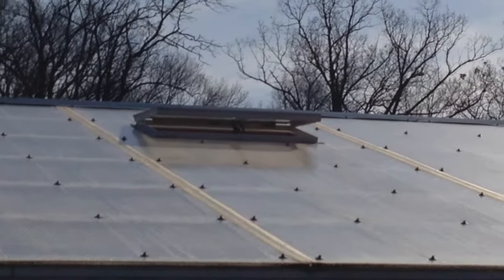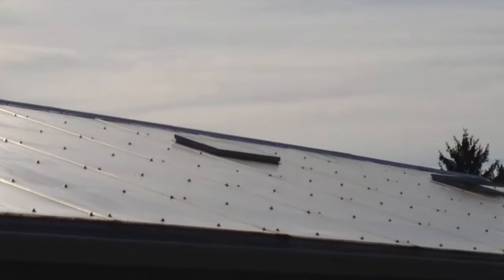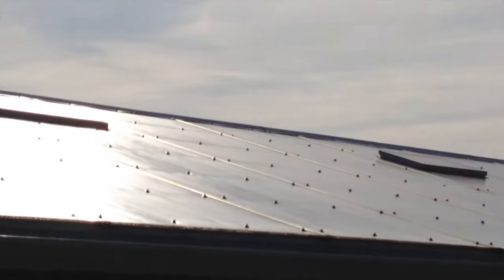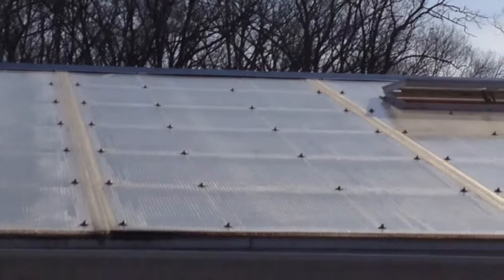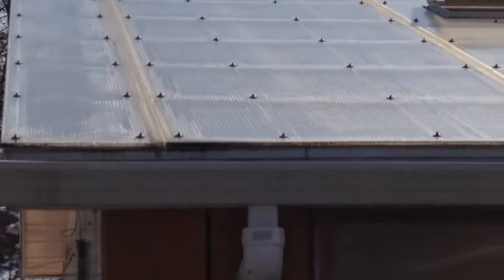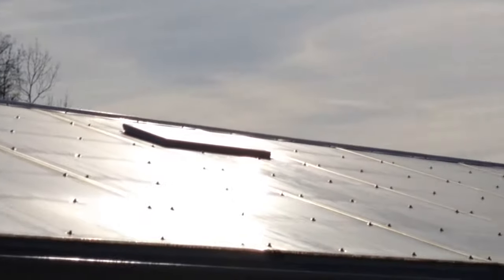Okay, guys, you're supposed to disconnect these panels on the roof that open up. So LP did disconnect the two in the middle, but he has left the two on each end, and the two on each end on the other side open up, and the birds come in and out. So it's 70 degrees in there, so when it gets a certain temperature, then these will open up. So I just thought I'd throw that in. And down here's the heater and the bird